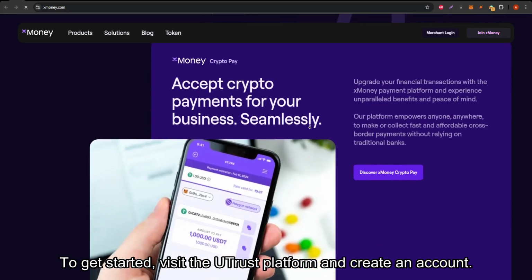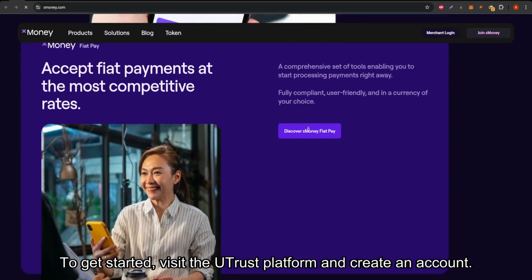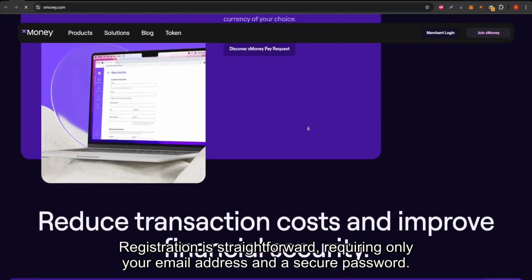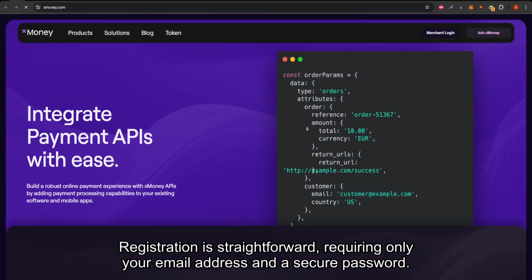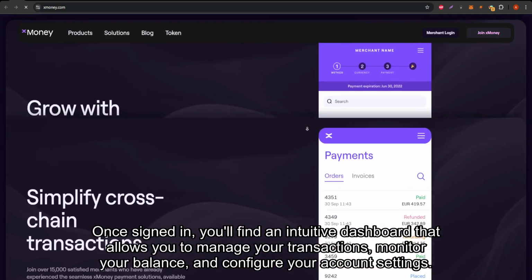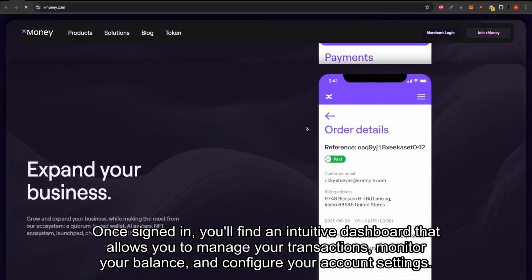To get started, visit the Utrust platform and create an account. Registration is straightforward, requiring only your email address and a secure password. Once signed in, you'll find an intuitive dashboard that allows you to manage your transactions, monitor your balance, and configure